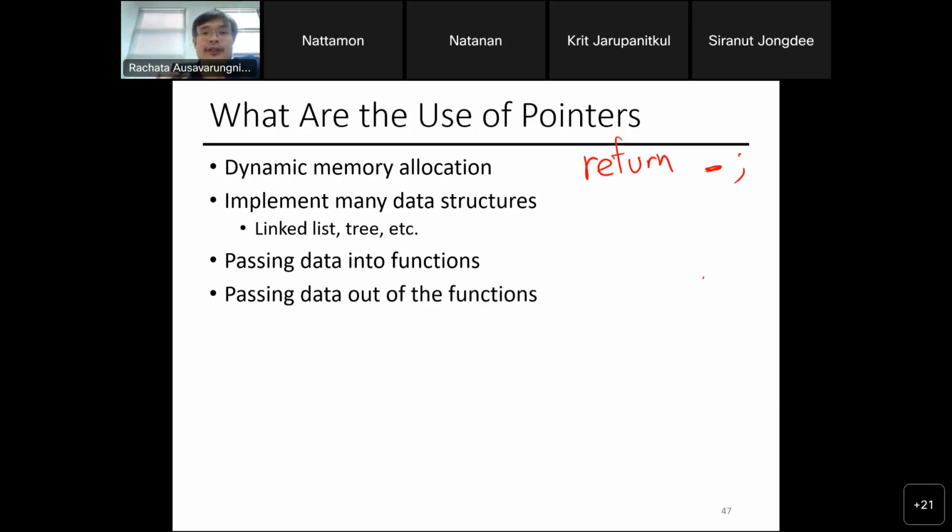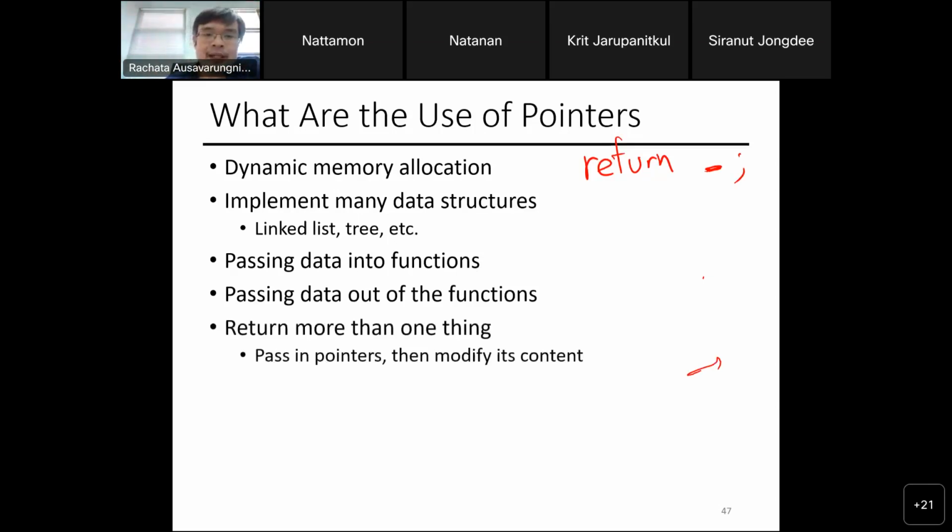Basically, when I call return, I can only return one single thing. What if my function wants to output 2 or 3 different things? I want to update 2 different pieces of data. Then you can use a pointer to pass the data out of the function. We'll show you how this can be done in one of our examples. You can return more than one item, passing the data out of the function.